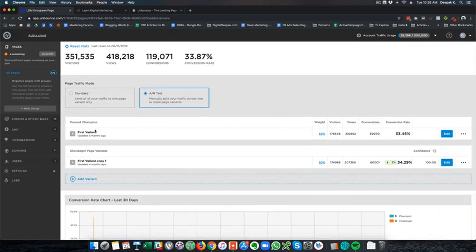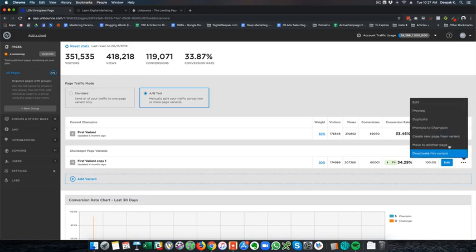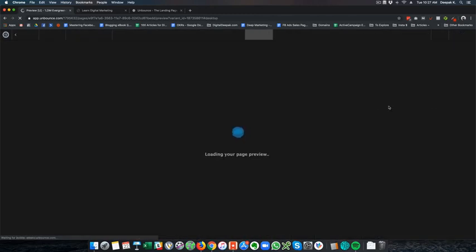And they also have split test options where you can create a challenger page variant. So here you can see I have created 50-50, and half the visitors go to this page, half the visitors go to this version of the page, and you can see that this page is slightly converting better. And if you want to have a preview of this page, we can click preview here, and you will be able to see that in one variation of the landing page I have added some testimonials, and in one variation I have not added testimonials.